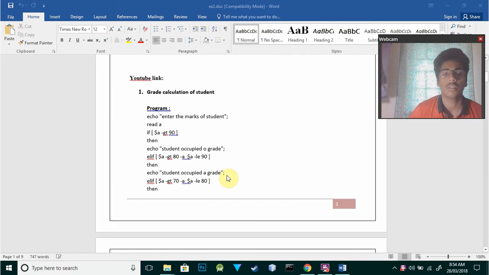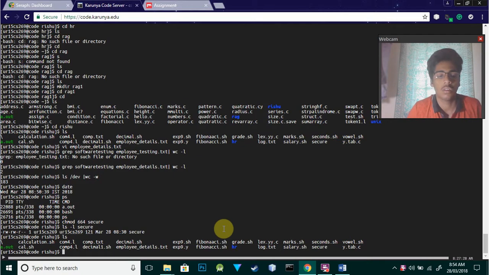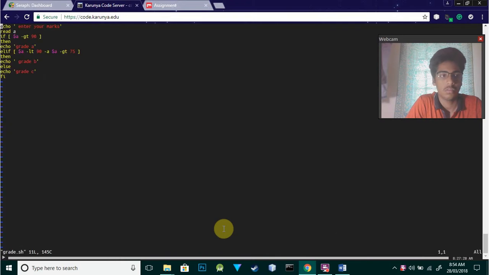The first one is for the grade calculation of a student. So you can just see here, I'm getting echo enter your marks, what is displayed, and then I'm taking the input from the user as read A, and then I'm displaying that if A is greater than 90, then